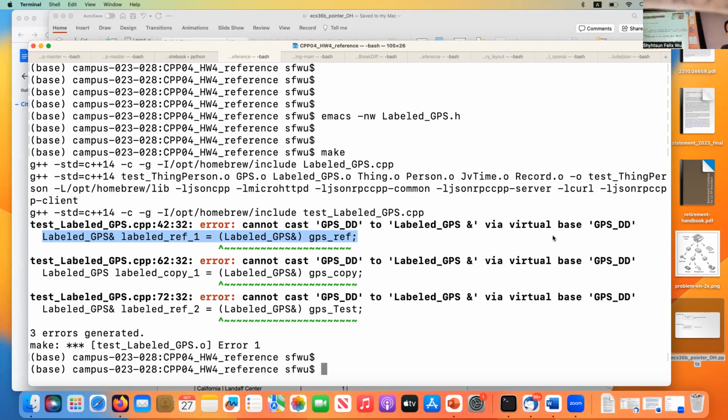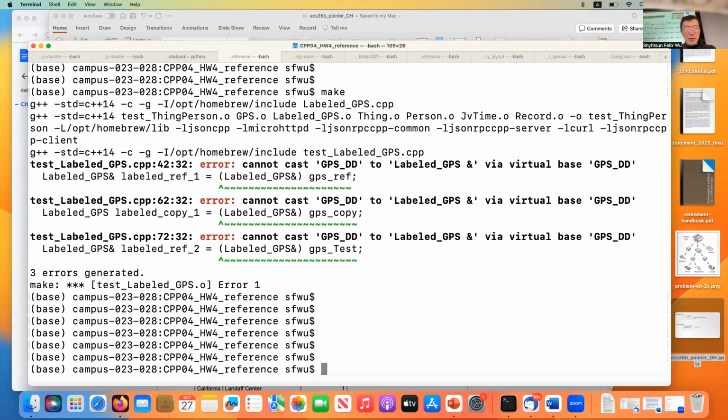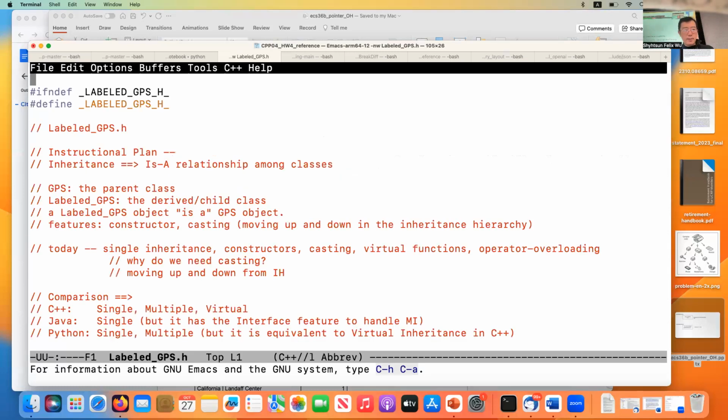Essentially, when you add the keyword virtual, you generate some dynamics that the compiler won't see until runtime. We'll explain exactly why this happens, but now I just want to tell you this is a limitation, and an important limitation for the language when doing cast up and cast down. All right, so let me change it back first.